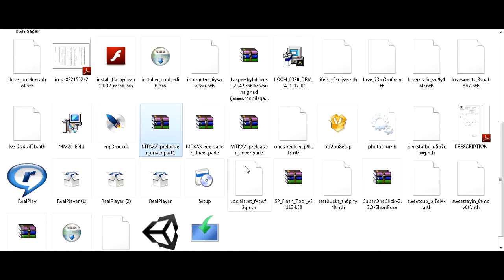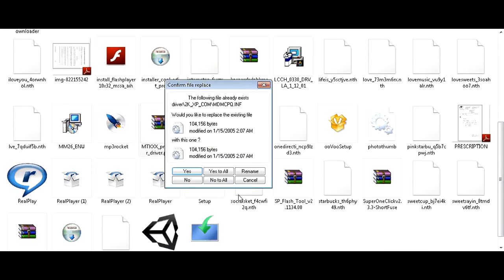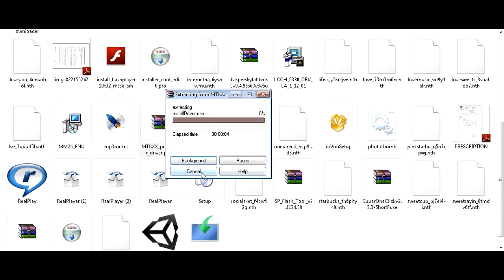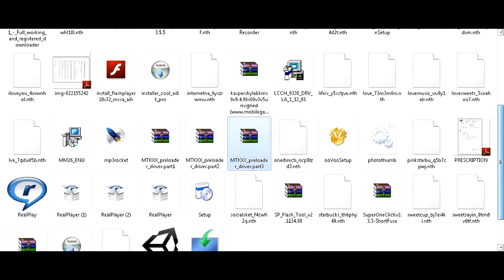What we have to do now is to extract the files. So basically I have already extracted the 3 parts of this zip file. When you extract these files, it's going to ask you to load the second part, then the third part. So after that, it's going to yield this folder,